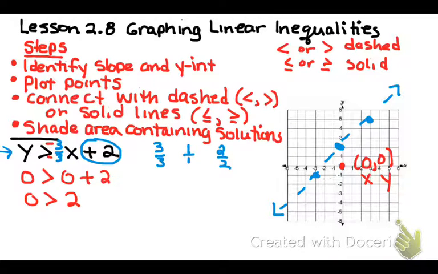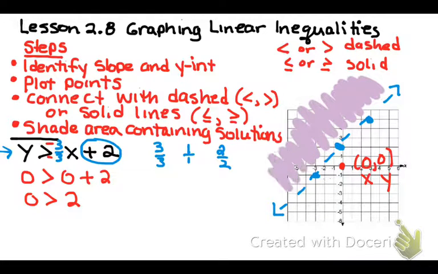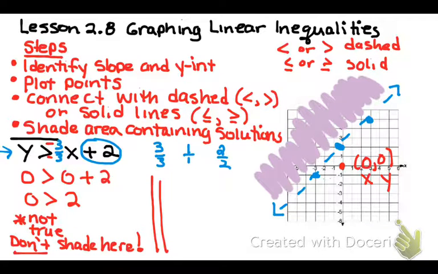And we have to ask ourselves, is that true? It is not true, so we are not going to color in below the line. We're going to shade everything that's above the dashed line. So we know any point that appears in the shaded area